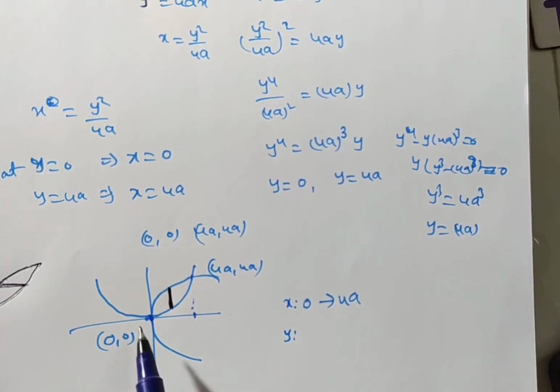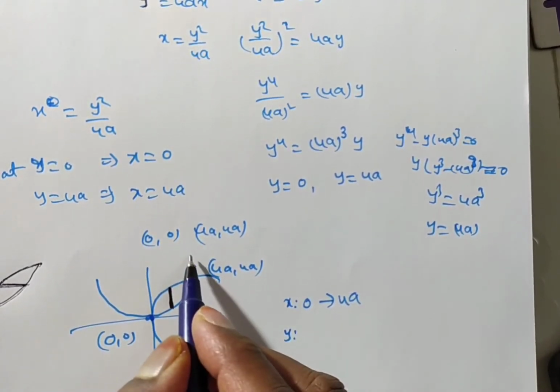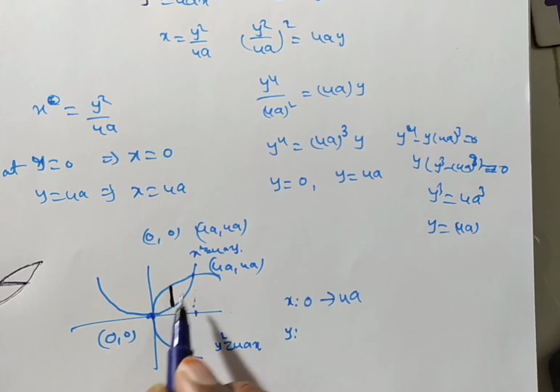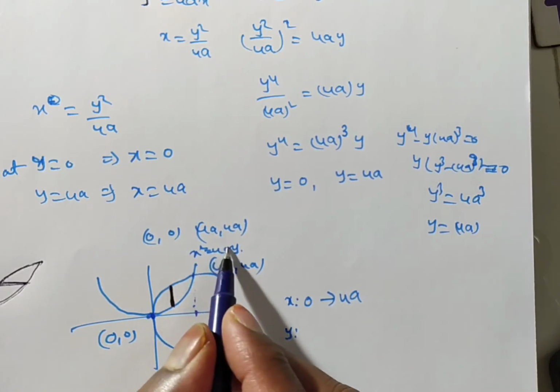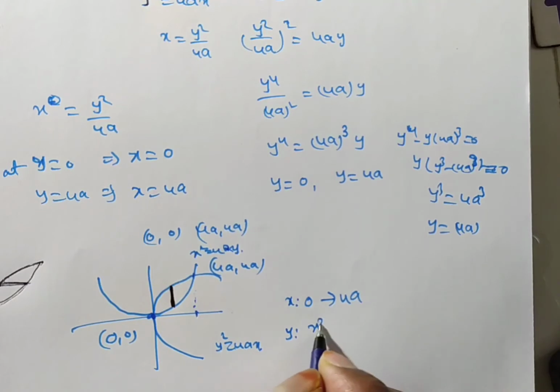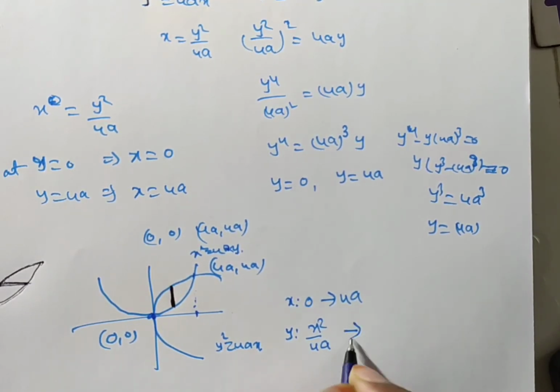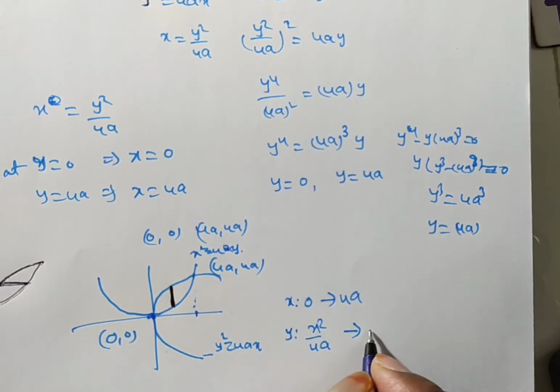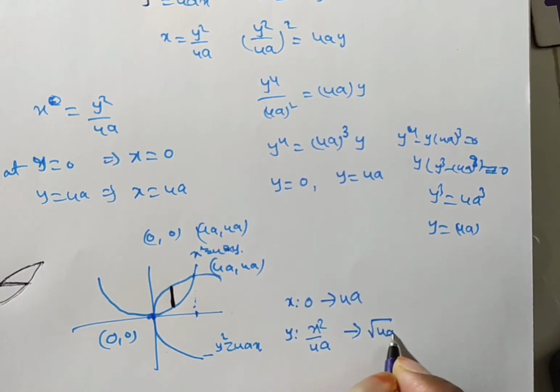So what about the lower curve of this strip? This is the curve, already I told you, x square is equal to 4ay. This is the curve, y square is equal to 4ax. Now what about the lower curve of this strip? It is x square is equal to 4ay. So y is equal to x square by 4a, and this moves to. Next, what about the y? This is the upper curve. Upper curve of the strip is this one. What is this one? y square is equal to 4ax. So in this case, what is the y? Square root of 4ax. Nothing but here this is equal to 2 root ax.